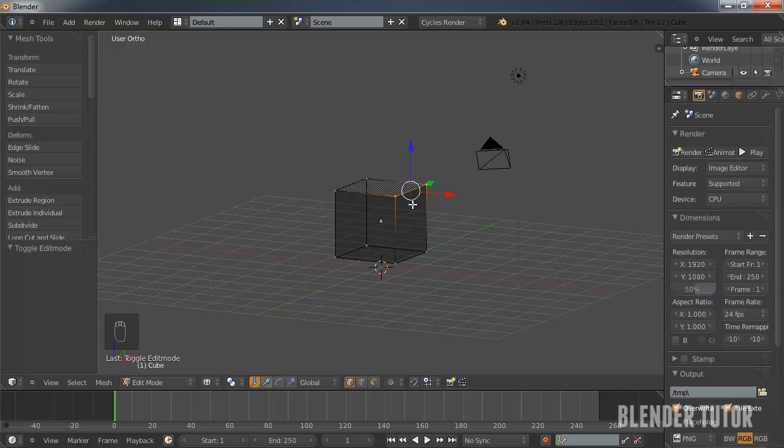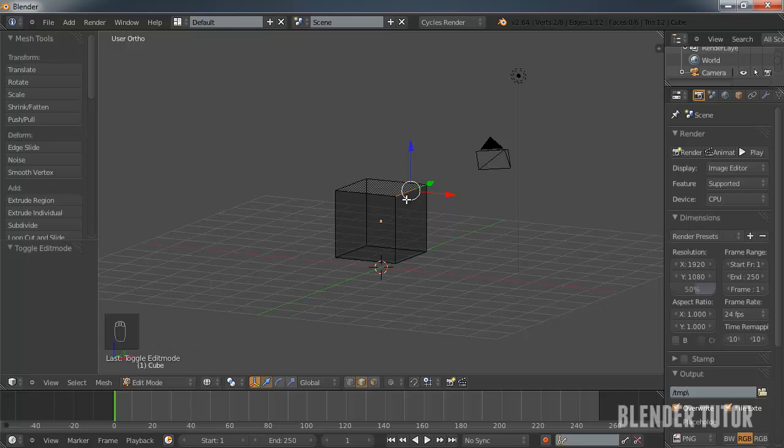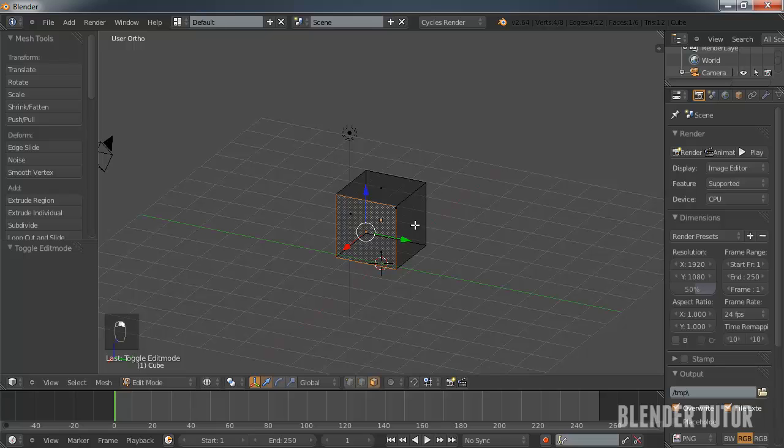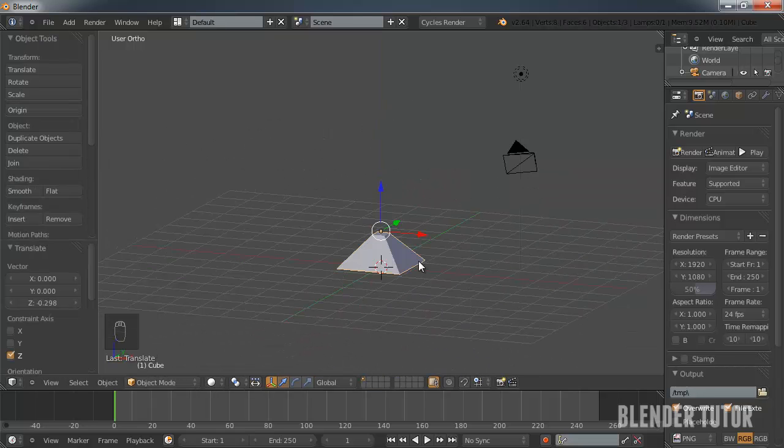How I did that was if I hit Control Tab, it'll bring up this little menu, so I can go to edges and I can select full edges instead of having to select the 2 vertices. Or if I do it again, Control Tab, I go to faces, and I could select the individual faces on my cube. So that could speed things up if you're trying to get a specific shape going.